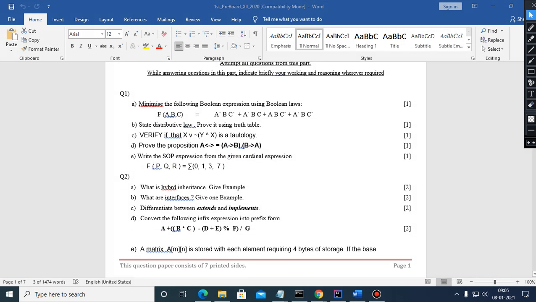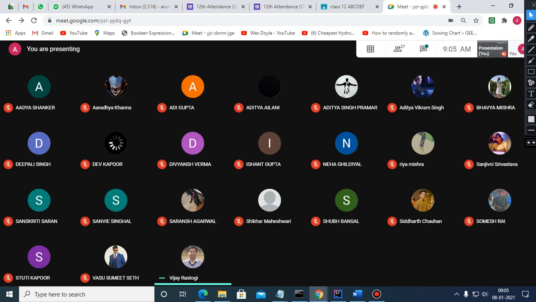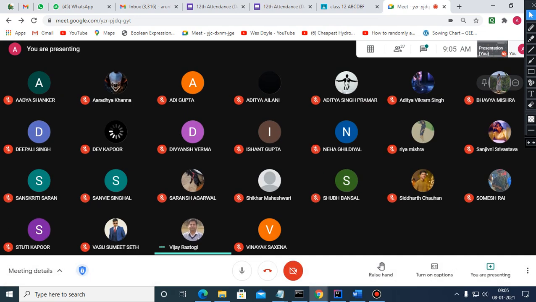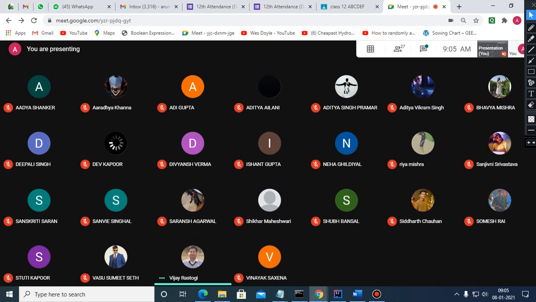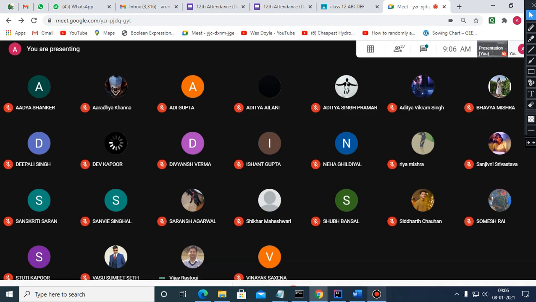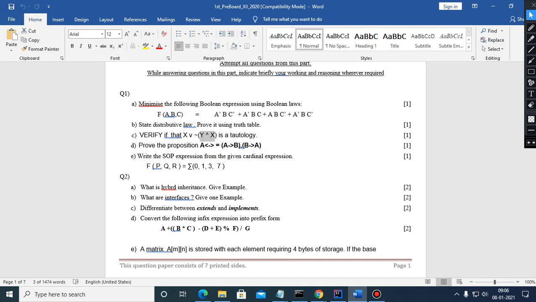Now, children, hybrid inheritance. The question was, what is hybrid inheritance? In this question, first of all, two things you have to do. 1 mark is for the definition and 1 mark is for the block diagram. If your block diagram is not okay, then 1 mark is given. I hope that you must know this question because in one of the classes I have properly explained it. So if you draw the block diagram of that,